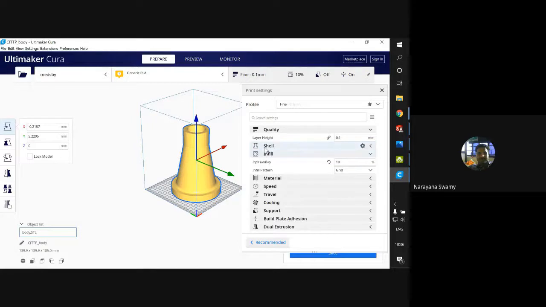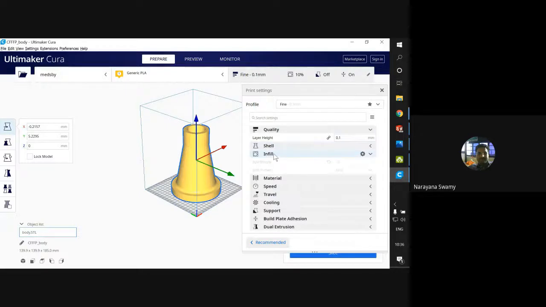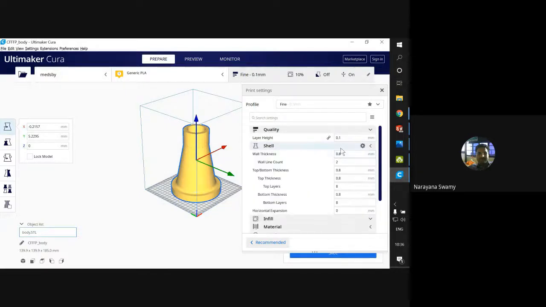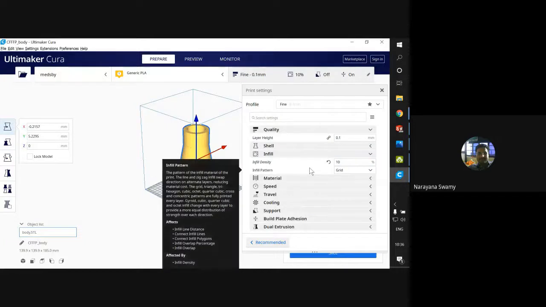Next will be the shell, which is a default one, so we need not worry about that. The next very important thing is the infill. It depends on what purpose you need the product for. If it is just for an aesthetic look, a beautification product, then we can go with a higher infill, say 80%, 90% or 100%.